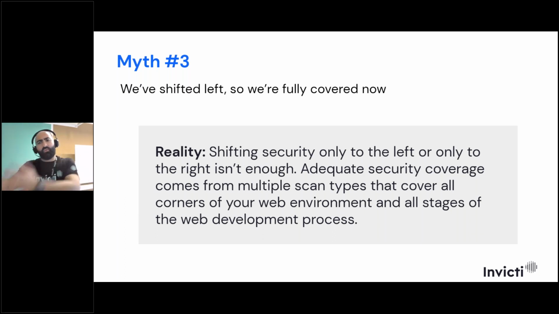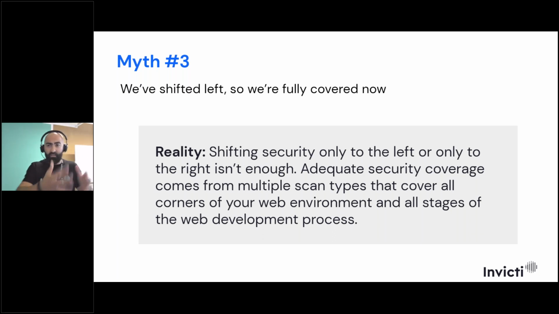But then when you jump to the QA environment, you might add some additional security hardening or security policies, but it's still not that well secured. Then you go to staging, and after that the pre-prod, which in the optimal scenario should be identical to the production environment. So you have to cover all these environments.